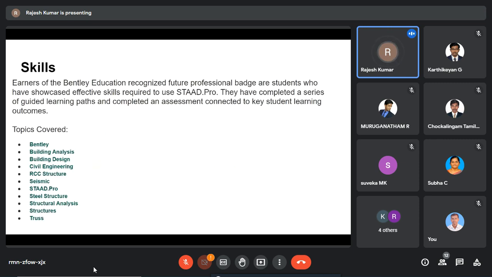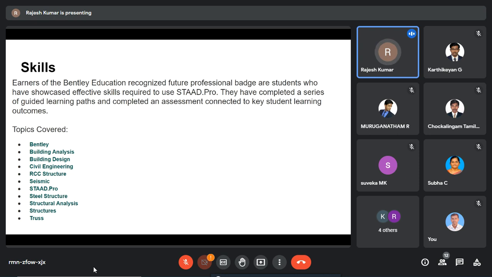Now, what are the skills required? Yes, we have software, we are providing training, and we have some methodologies for training on the software. The student has the software on his own laptop, so everything is okay. But to achieve a certification, this process is really tough.